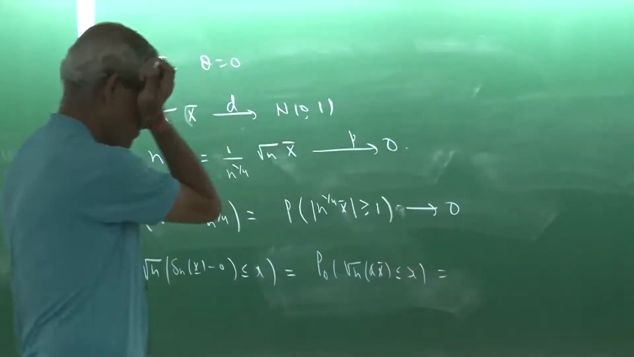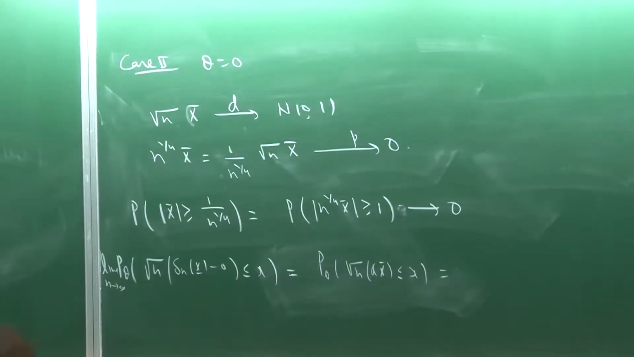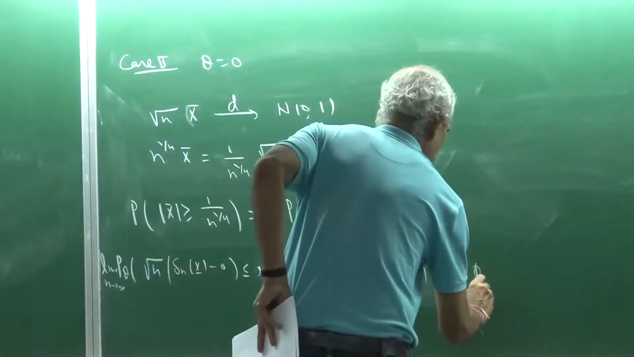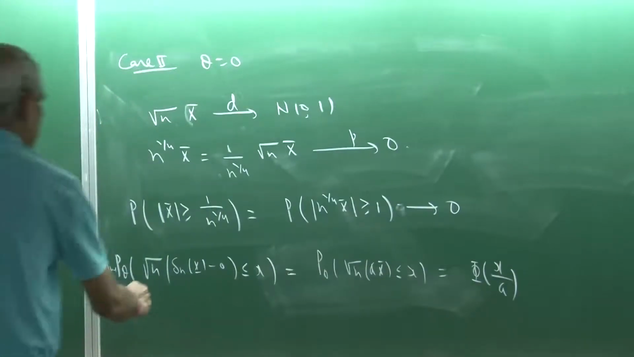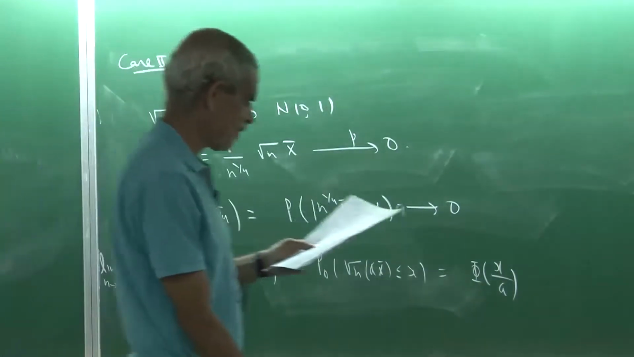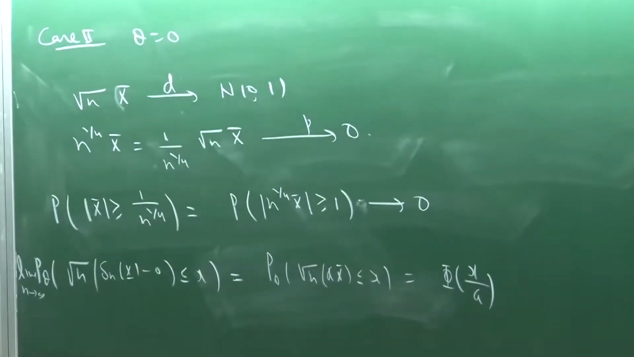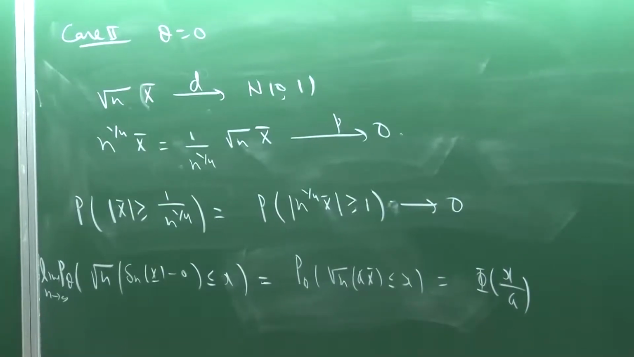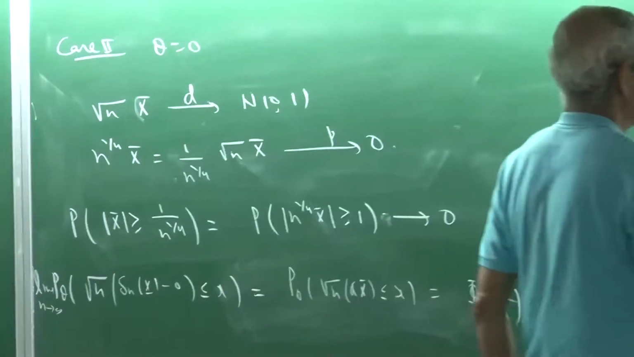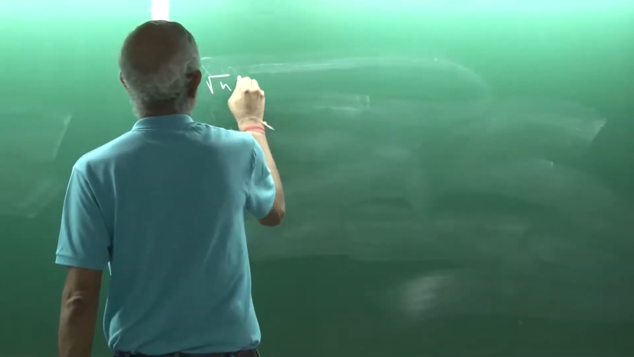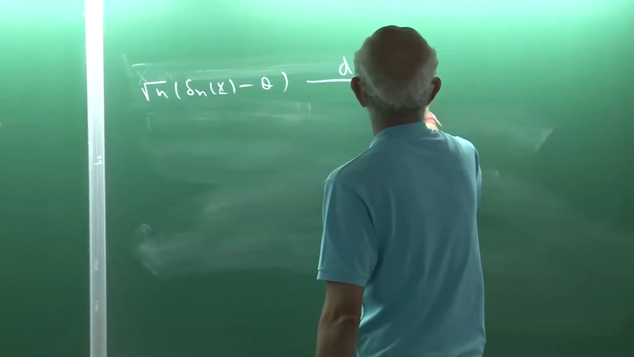Now what is the distribution of root n x bar? Root n x bar is normal 0, 1. So this is the same as phi of x by a. So what do you get? You get root n delta n x minus theta. So in either case, your asymptotic distribution is normal, except that depending on whether theta is 0 or theta is not 0, the variance gets changed. So root n delta n x minus theta goes in distribution to normal